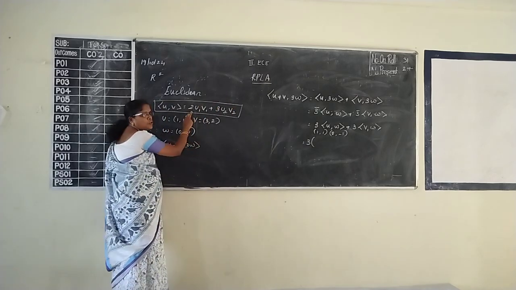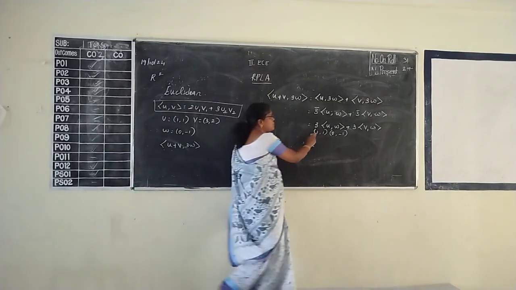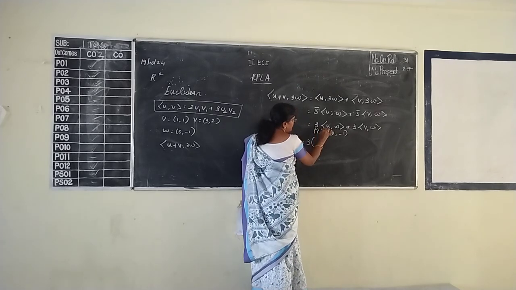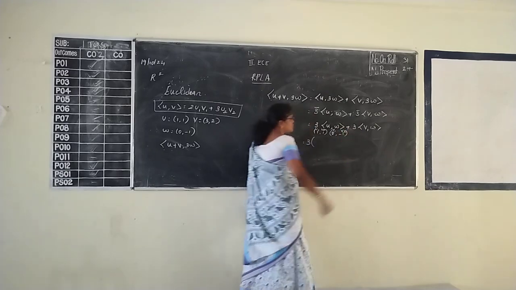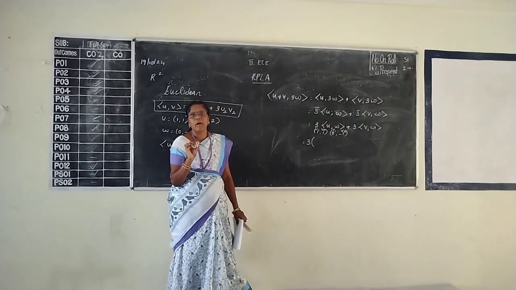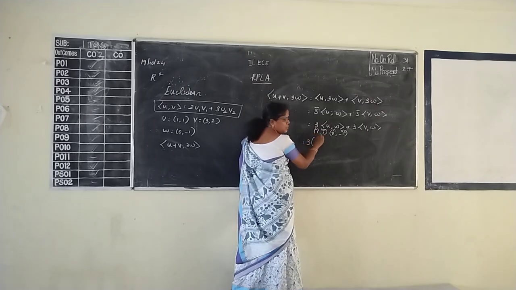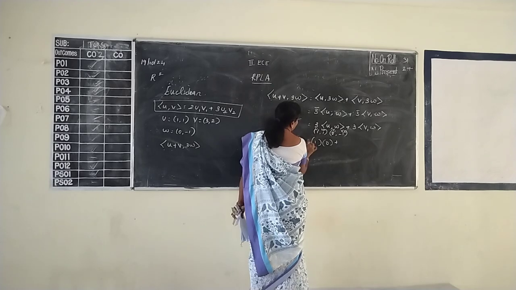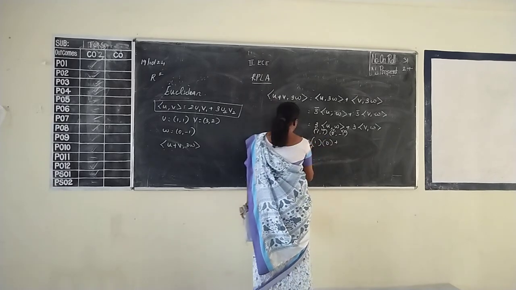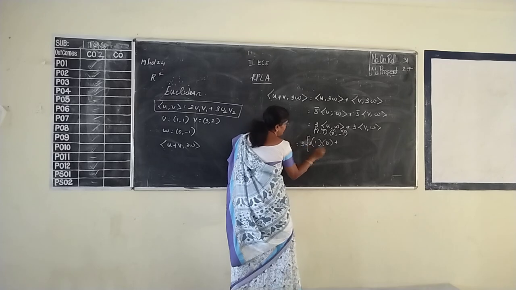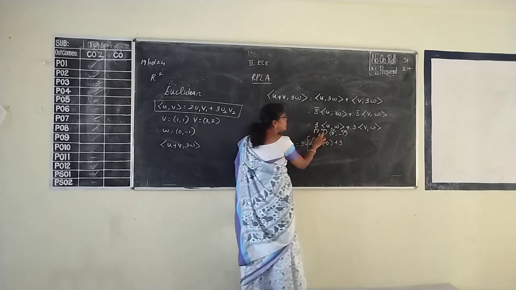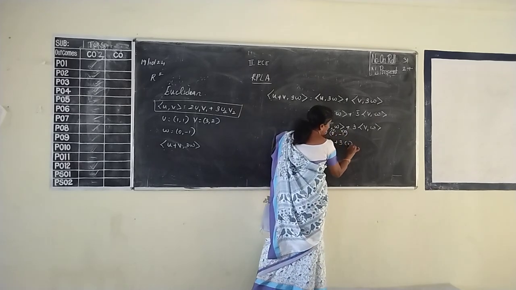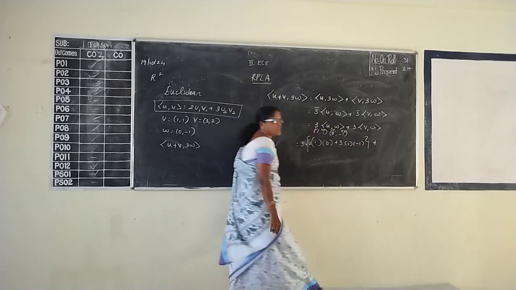What is the definition now? 2 u1 v1. The first term is u1 u2, the second term is v1 v2. So what is the first term? 2 into u1 v1. What is u1? 1. What is v1? 0. Plus 3 into u2 v2. What is our u2? 1. What is v2? Minus 1. So 1 into minus 1. Plus